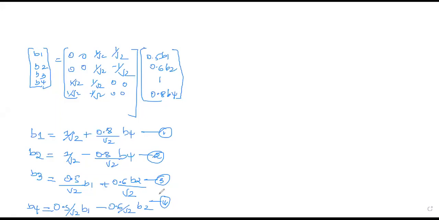Now, how you can solve this equation? Any idea? How can you get the values of this B1, B2, B3, and B4? By adding 1 and 2, we get one equation, ma'am. Okay. You can write B4 in terms of B2 and like that. Yes, ma'am. Easy method is consider your B4 equation. You have B1 and B2 from 1 and 2. So better substitute your equation 1 and equation 2 in equation 4. Simplify this and find out whether you'll get B4.